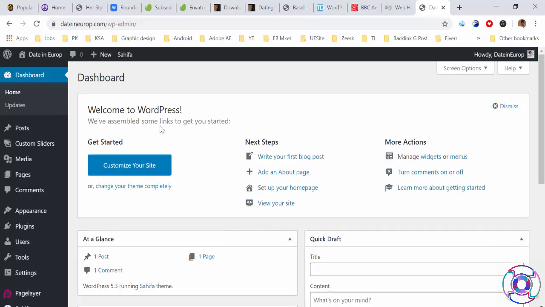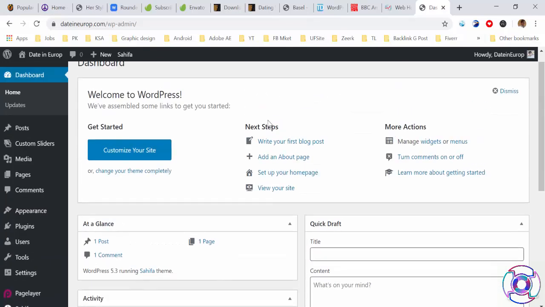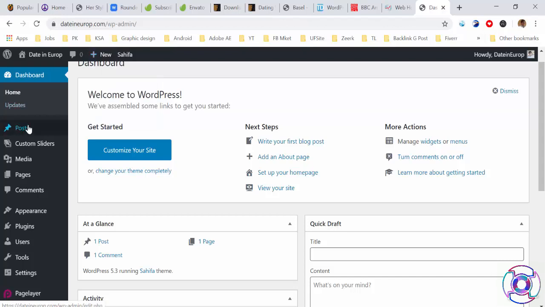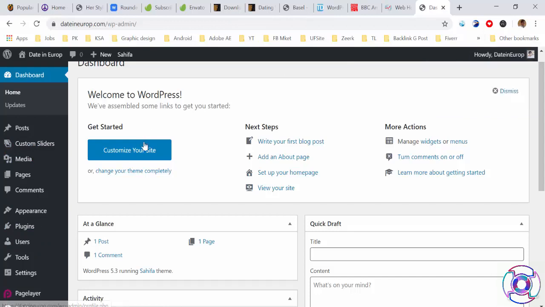So I dismiss, and Welcome to WordPress, customize your site, all these things are by default, so leave it like that. First is okay. Next we have options here: new post, media, page, slider, user, and if you go like that, we have all the things in this menu bar. And here is the user profile. If you want to update the user profile, we will go one by one, step by step.